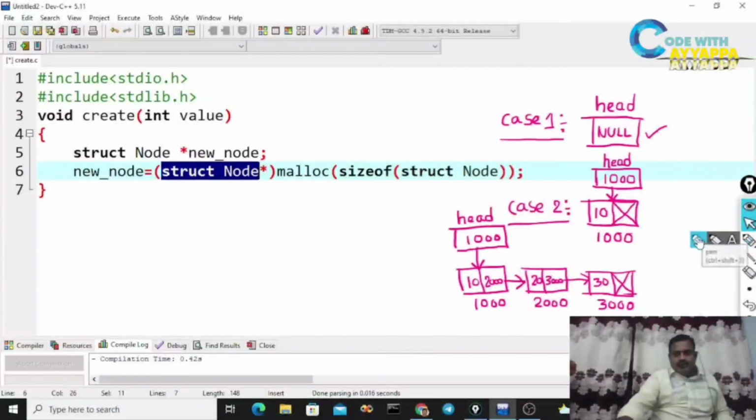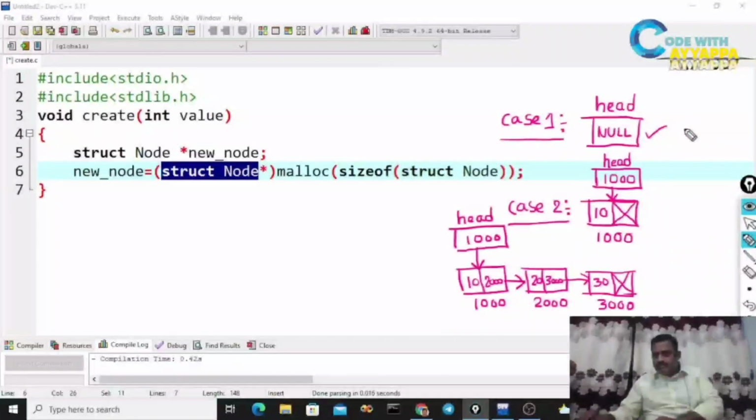Now look at the diagram. Observe here. If you do like this, what will happen? This is a new node. Memory will be allocated for the new node. Suppose this address is 1500. new_node is a pointer variable.